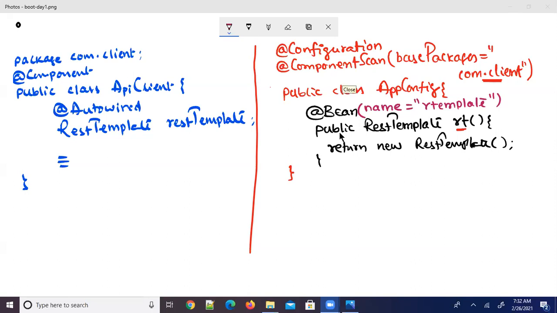As I said, somebody, Pawan, has asked a question. I repeat it once again. You can register a bean multiple times in the Spring Container. The only thing is, they must be registered with different IDs. That's all. I think you got the answer. They must be registered with a different ID. We can register a bean multiple times, but the ID should be unique.